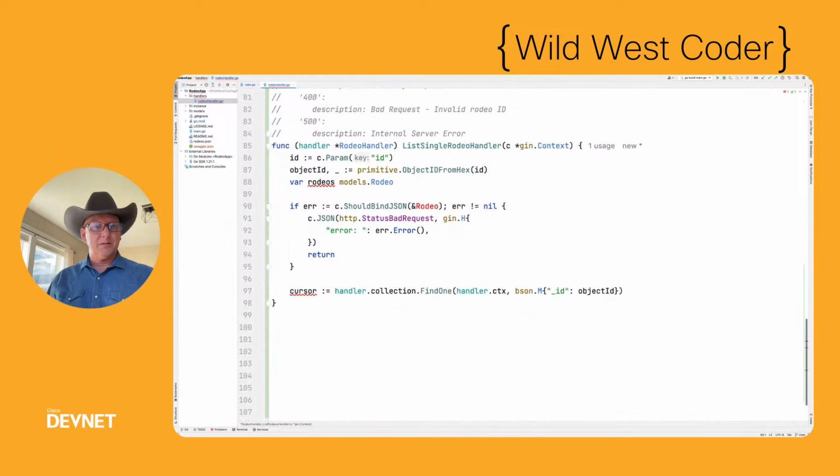All right. So now if we come back here, after we get the data back from the database, we need to decode it into our rodeo model, and then we'll check for errors from that, and then we can return the data, right? Does that kind of sound like a plan? So